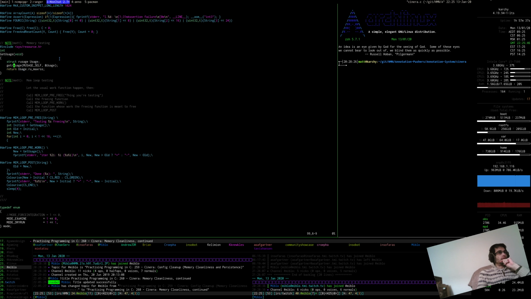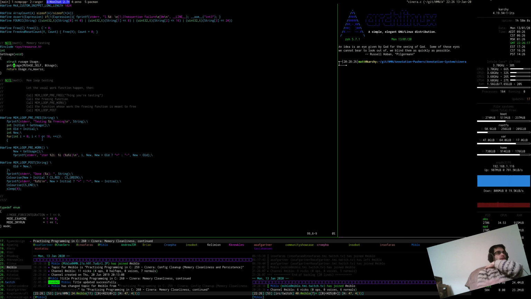My get usage function simply returns the max. I think that's resident. I don't know what the all actually stands for. Resource usage max resident SS, whatever SS is. But yeah, so we're doing that. So it gets the usage and then it gets ready to do a loop. And then what we do inside this loop,